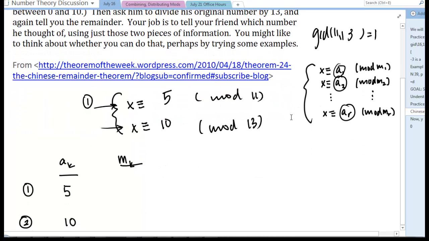So we've satisfied that condition. So that's what that MK represents in our table. So I've got 11 and I've got 13. Okay. Now,